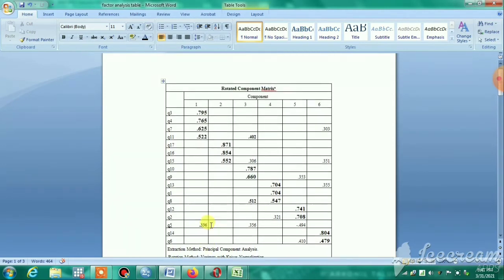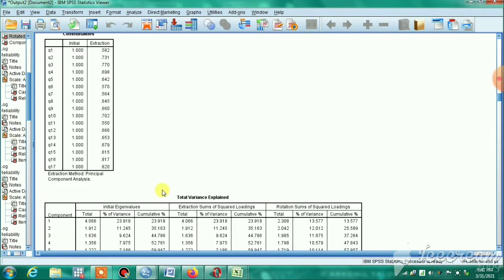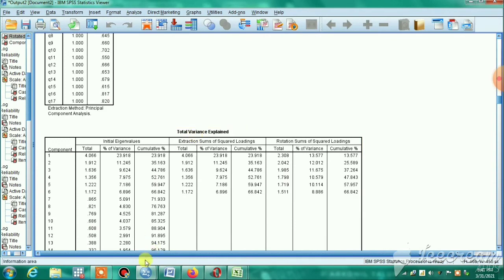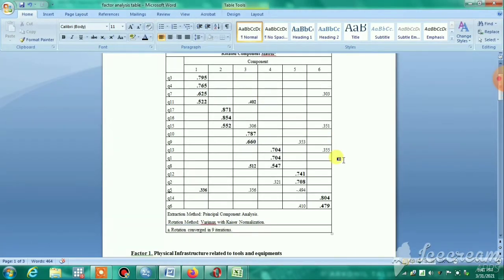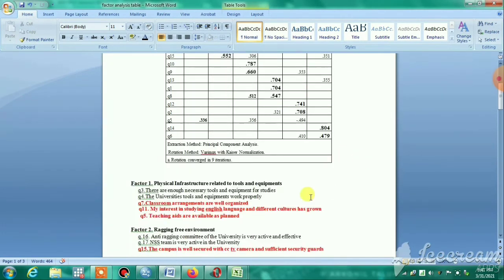Since all the values of the communality are greater than 0.5, there is no question of deleting any question on the basis of communality. So we can think about how to keep the question. The straightforward way is on the basis of the highest loadings, or on the basis of theoretical justification or rationality of the factors.